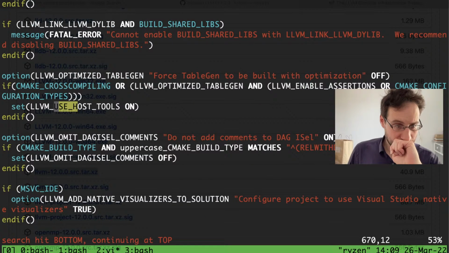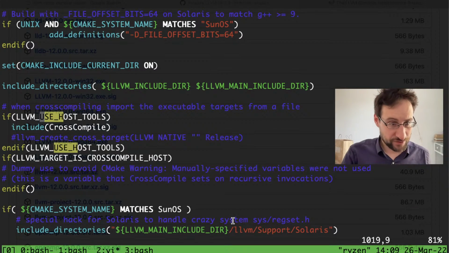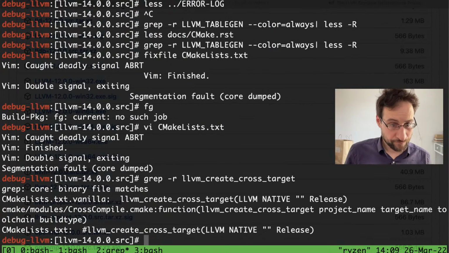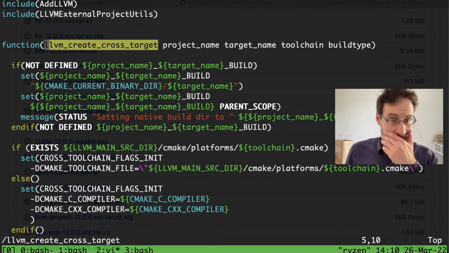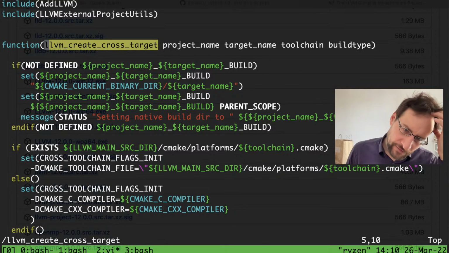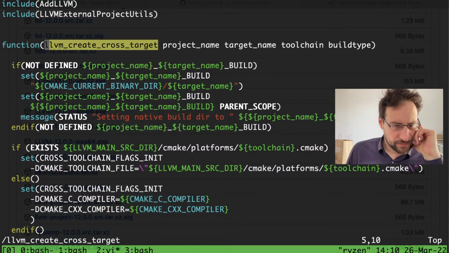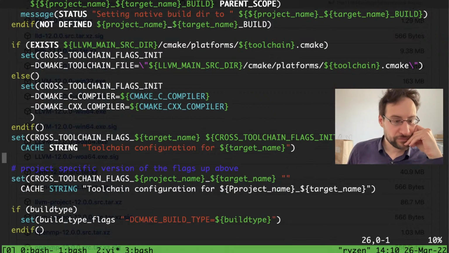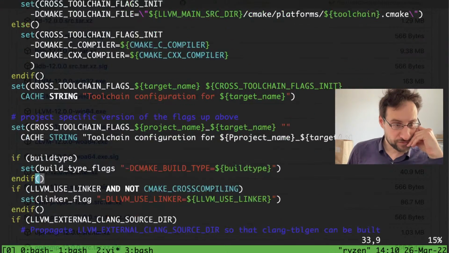LLVM target is cross-compilers. Let's maybe check what exactly that is doing. Okay, that is a CMake modules cross. Okay, that is product name target toolchain build type of CMake platform cross compile flag init. Okay, this is the whole function.